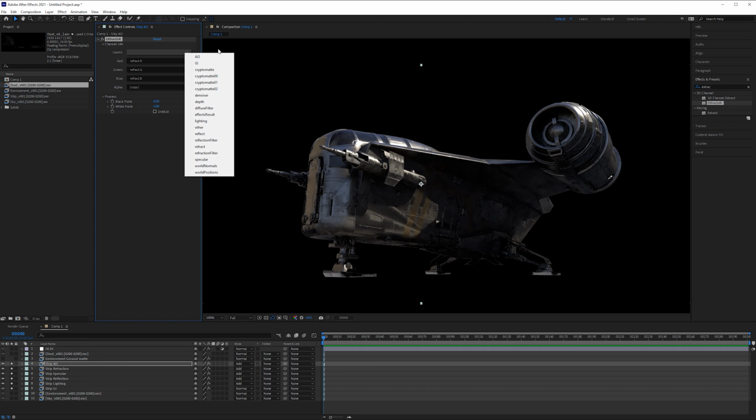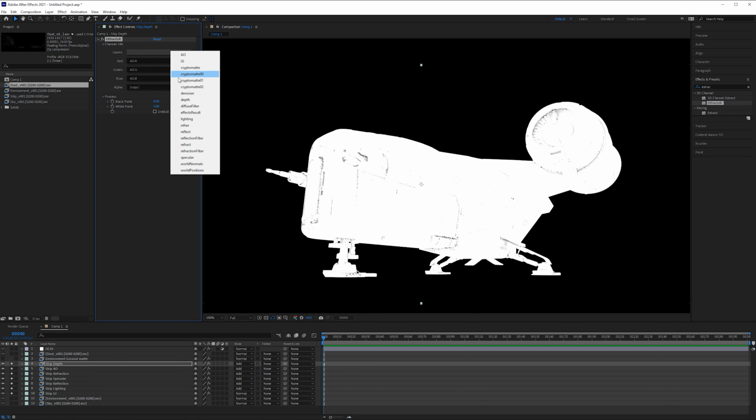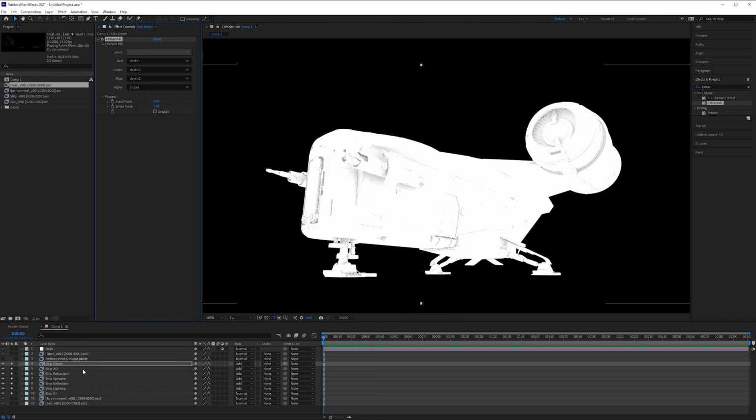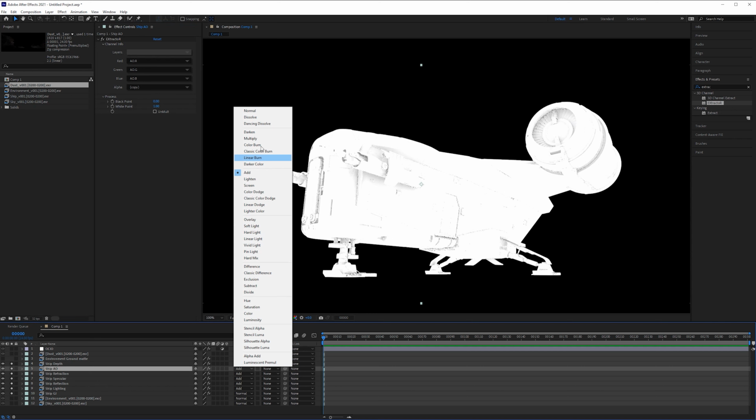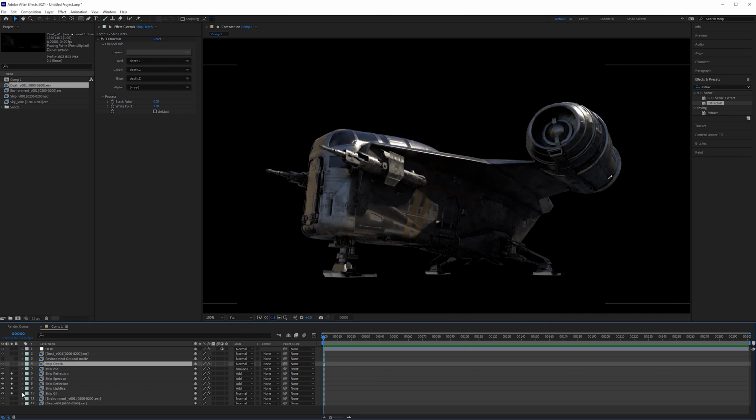If this doesn't say AO, look for extra text because you may have forgotten to change that. So do AO. And we also have one for depth. And AO is going to be multiplied. And depth is not actually used as a blending mode at all. It's just normal. Okay, so we can actually turn both of these off. And then this should match whatever your beauty is exactly.